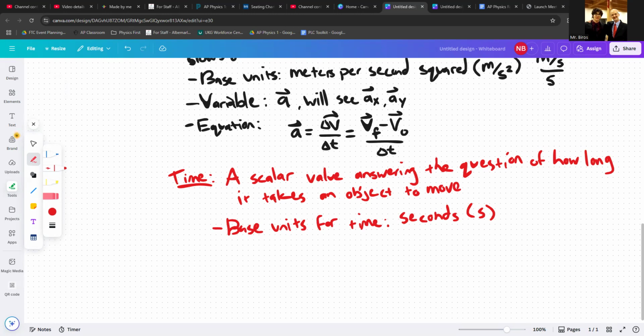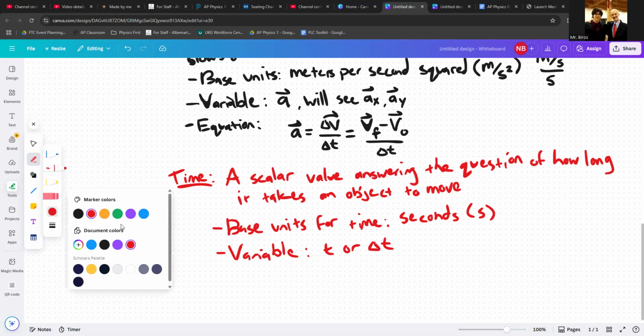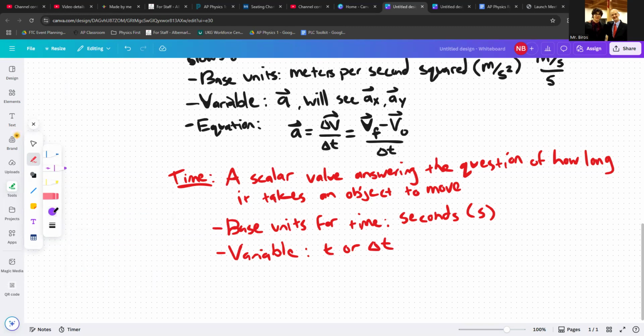All right, the variable is just t or delta t. Now I will talk a little bit about these. Technically, there is a difference between them, but the difference is t, just t by itself, technically refers to a specific point in time, whereas delta t refers to a period of time or a change in time. So let's put that in terms of, I'll draw a little bit of an image here to hopefully illustrate. It's like a number line, but